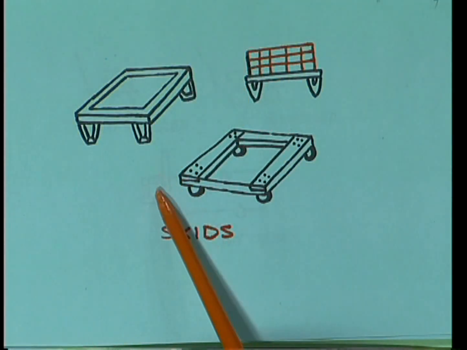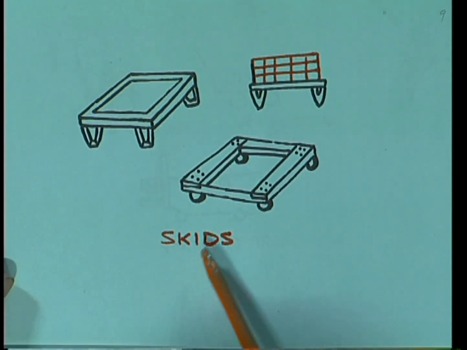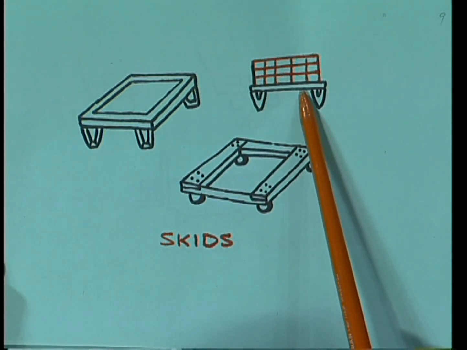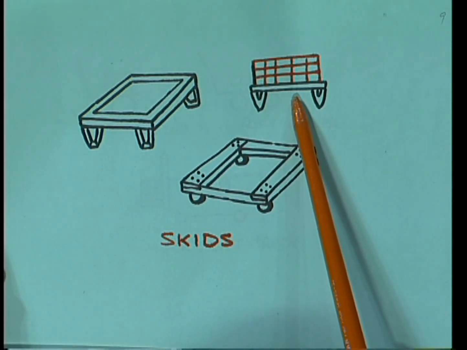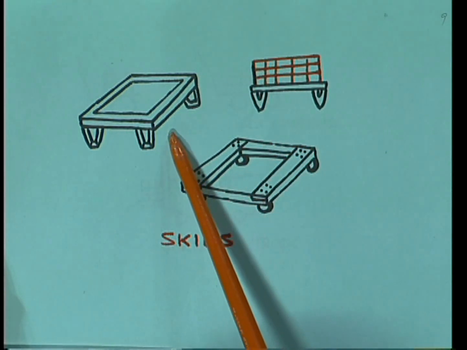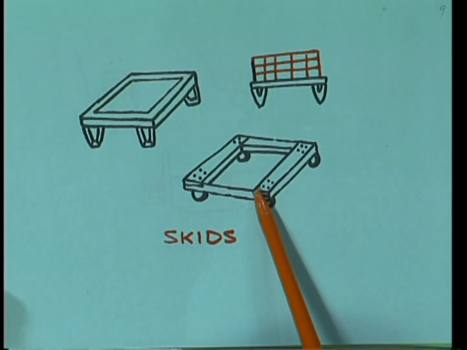Again in the same way we are having the skids. These skids may be for small items, or a number of items that we cannot move one at a time. In that case, these items are put in the skids like this, and the forklift truck will come, lift the skids and move them to some other place. And here you can see some other types of skids which can be movable and lifted etc. Like this, a number of items at a time we can remove with this.